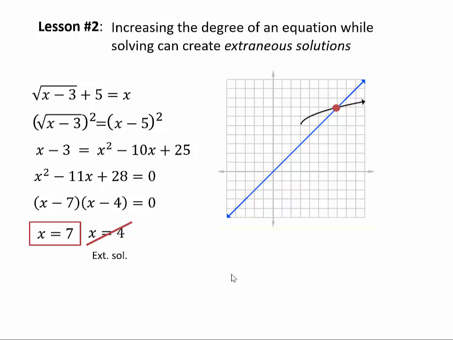And it doesn't always happen when you increase that degree, but it often happens, especially when we're doing these square root or radical equations. And we'll see more of those as we go on. But moving on,